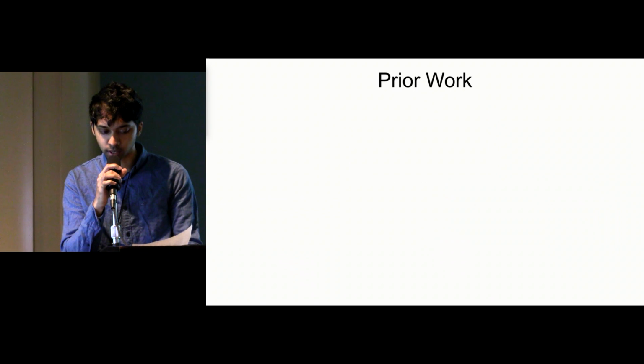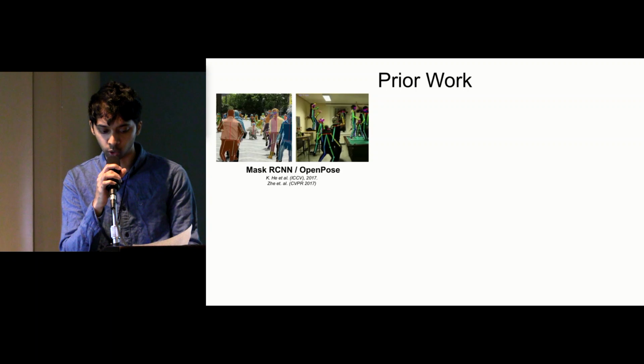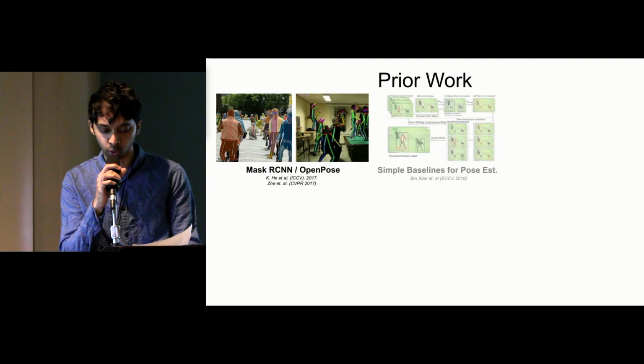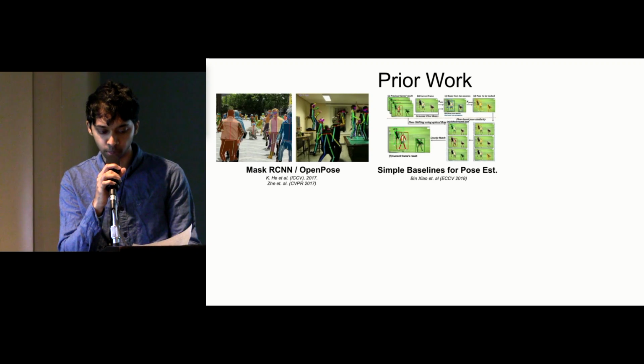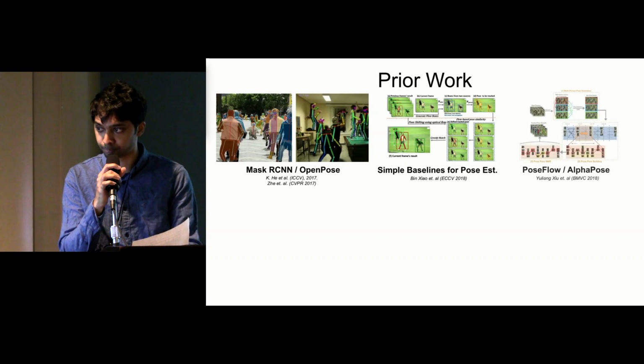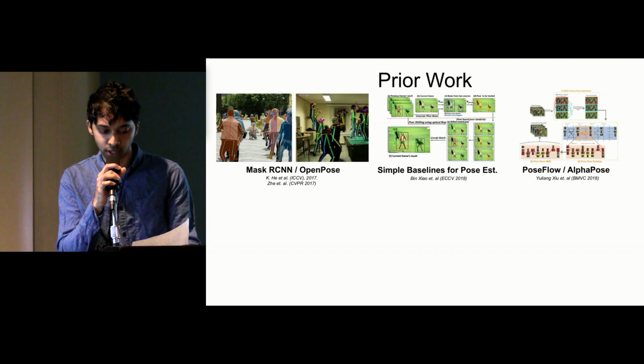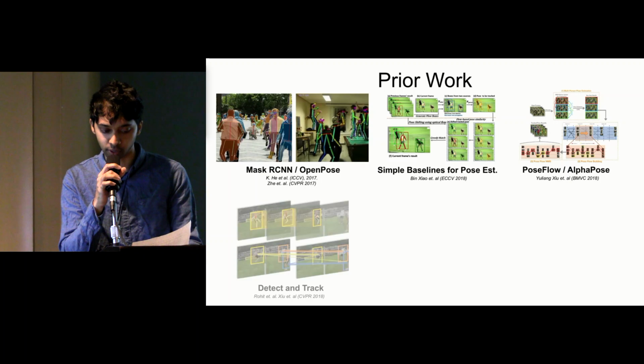To do this, we look at some prior work. Mask RCNN and OpenPose were two efficient ways to extract pose using the benefits of ROI pooling or body part level extraction respectively, but had no tracking capability built in. The current top performer on the PoseTrack benchmark yields the best results, but requires extracting body pose individually from detected bounding boxes and requires solving a spatio-temporal graph over time. PoseFlow achieves competitive results as well, but requires pose detections to be done, followed by tracking sequences being built after. Detect and Track propose some interesting work on regressing tubes of bounding boxes over subjects.